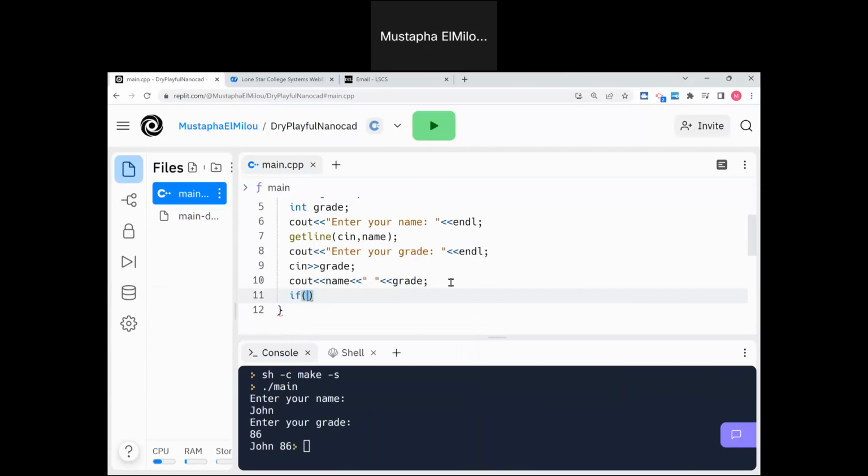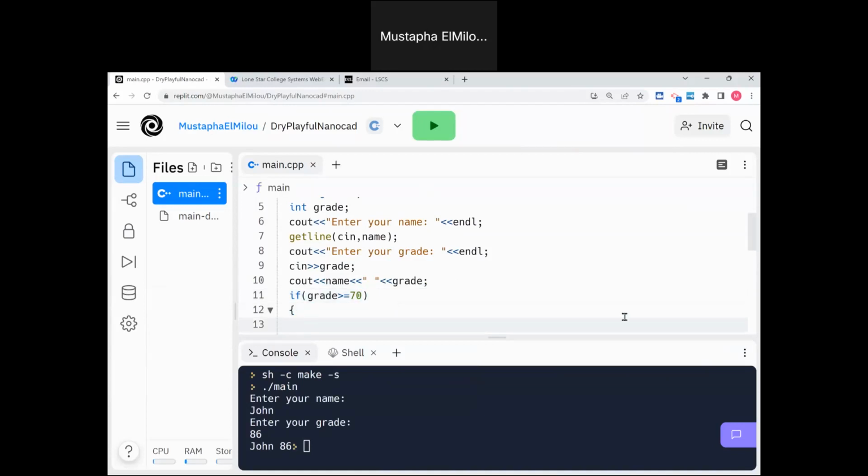So I'm going to put the parentheses. The parentheses are required here, okay? And then you put, if the grade is higher or equal to 70, that's the condition. If this condition is true, then something will happen, okay? If that condition is not true, nothing will happen. That means whatever statement or block of statements after the if is not going to be executed by the compiler. So here I'm going to put grade higher or equal to 70 and then hit the enter key